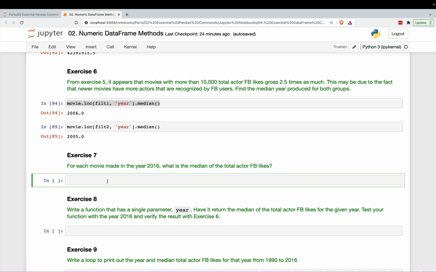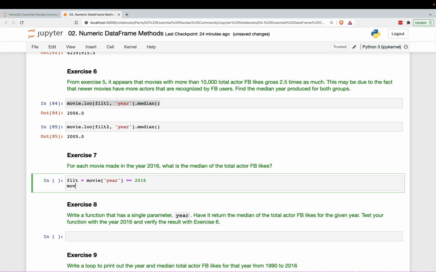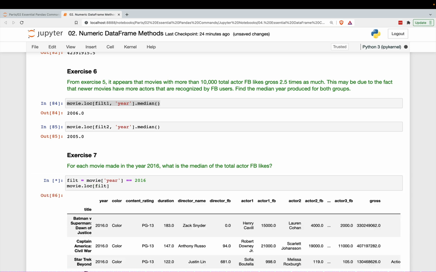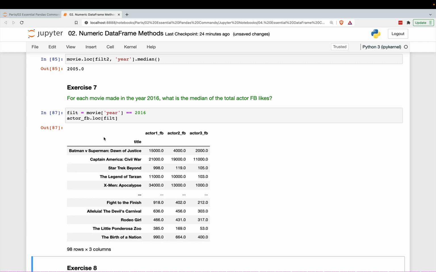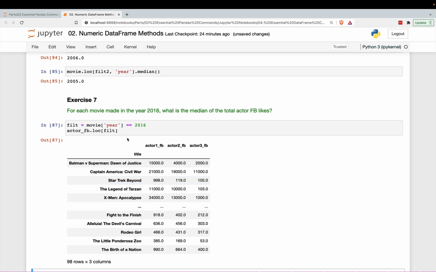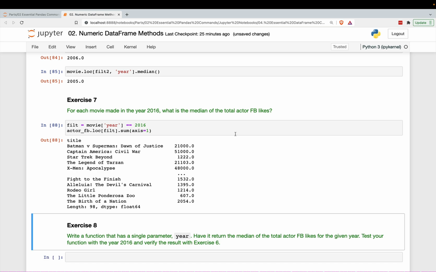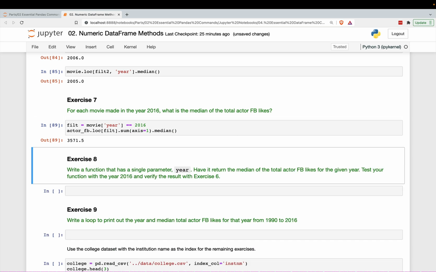Okay, so we need to get a filter such that the year is 2016. And let's quickly just look at this. So we get one result over here. And not movie, we need to do the actor Facebook likes ones. Okay. So here is this. So these are just the ones that are made in 2016. And now we're going to sum up the total to get the total like this. So we're just doing the sum, axis equals 1, and then we're going to take the median, and